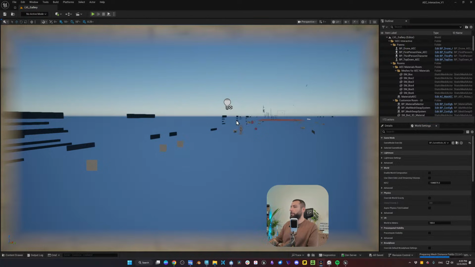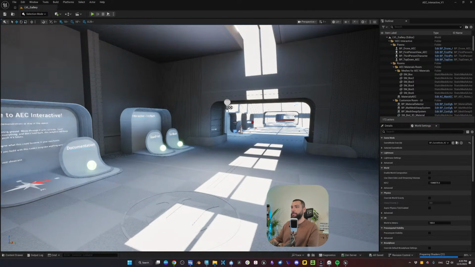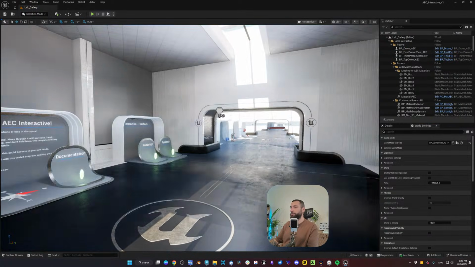Let's give it some time to compile meshes, distance fields, all that stuff.